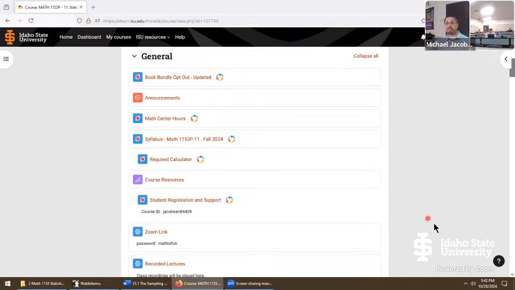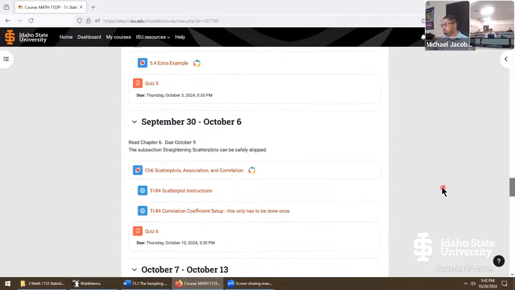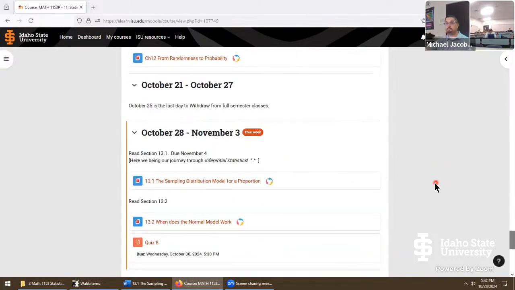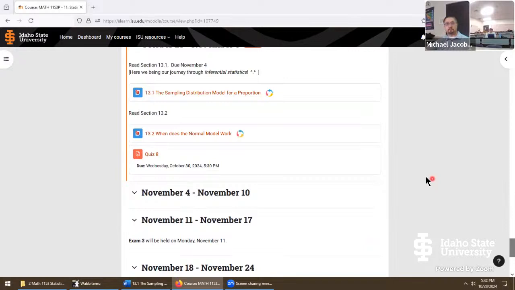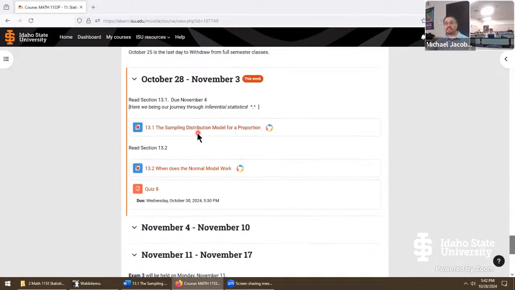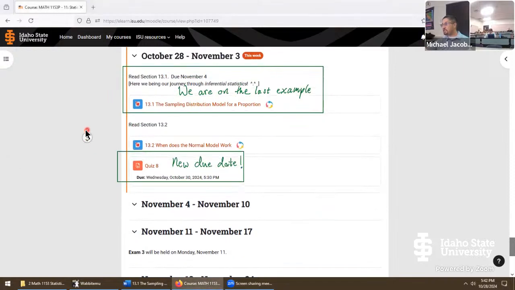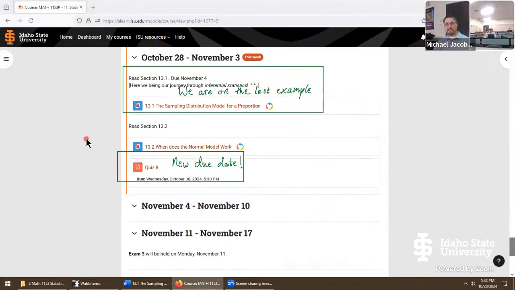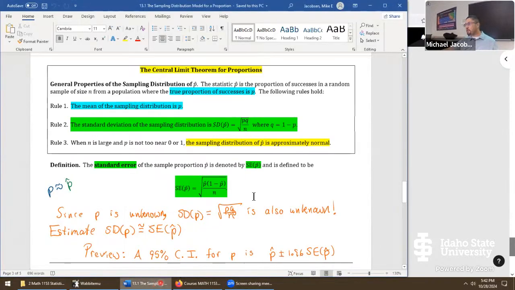Other questions so far? Okay, well, let's start going forward in our section 13.1. Really not a whole lot left to do in section 13.1. So probably the best thing we should do is just kind of review and revise what we were doing right before we went to the weekend. Well, a little bit early on Monday. So a week ago, we got to this part right here. Let me just rearrange some windows for just a moment.